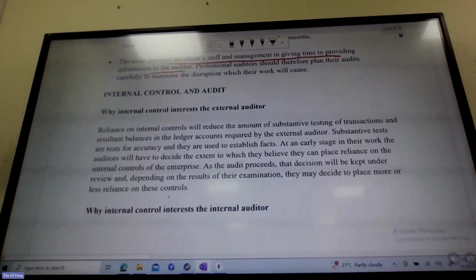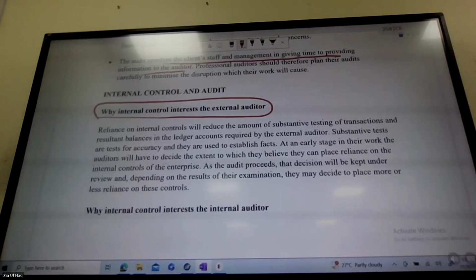Internal control and audit. Why does internal control entrust the external audit? During external audit, the external auditor is also checking the internal control system. Though it's the responsibility of the internal auditor, the external auditor will also check whether the internal control system is operating effectively or not. Because if internal control systems are working effectively, this means financial statements will be true and